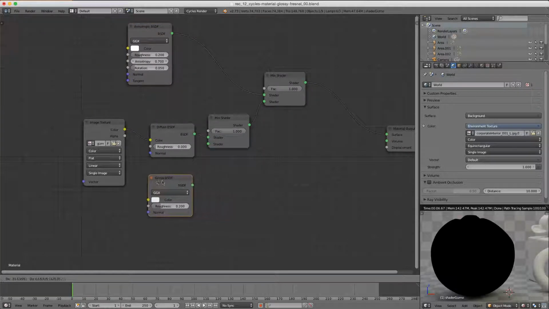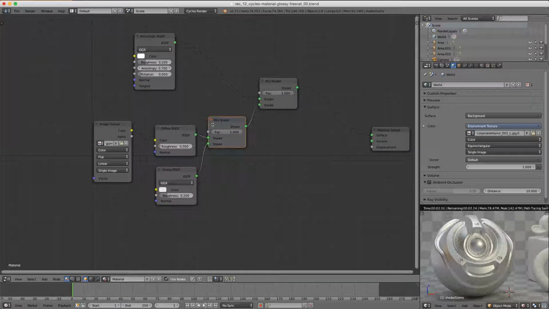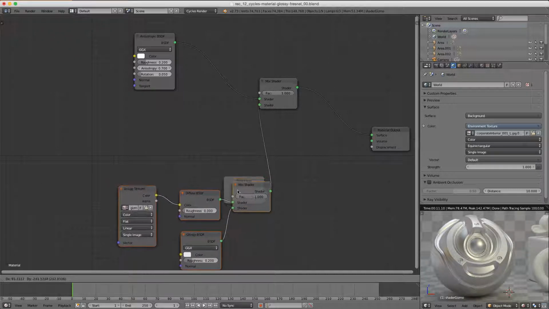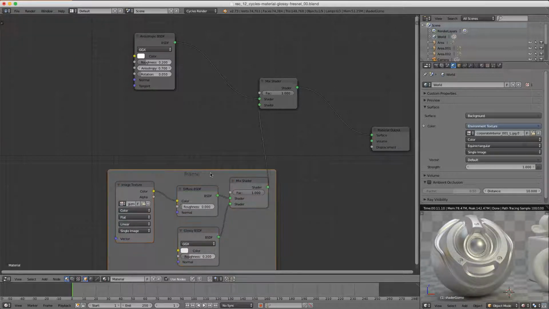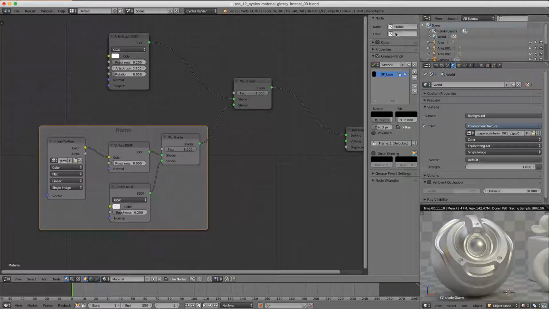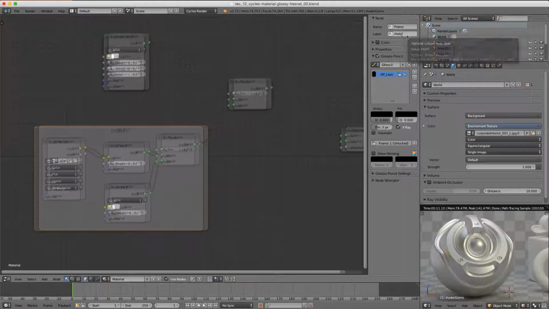And since I'm treating this diffuse with glossy mixture like it's a single paint entity, I can show you another node that's called the frame node. And so we can add that, Shift A, it's in the layout menu, Frame. What this allows us to do is visually group our nodes that relate to one another. So I can select them and drag my mouse into the frame node, and you'll see that it encompasses all of our nodes. And so I can open the view panel and we can call this paint so that our tree is a